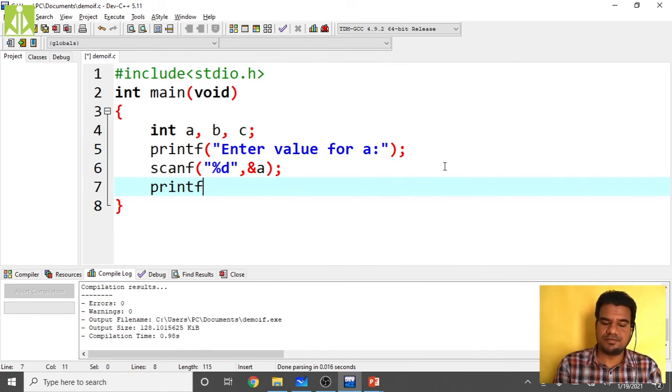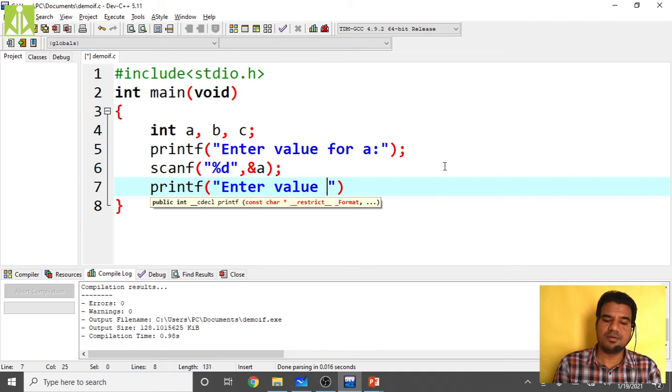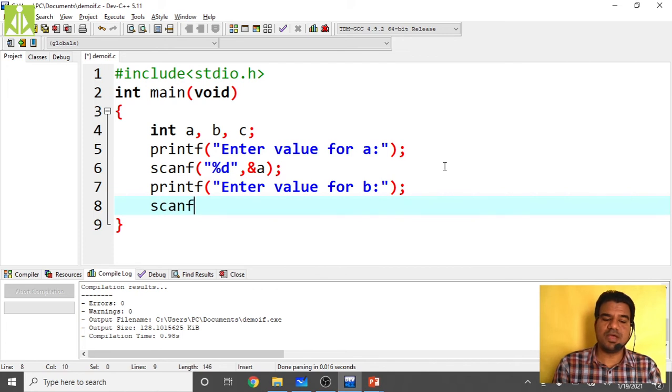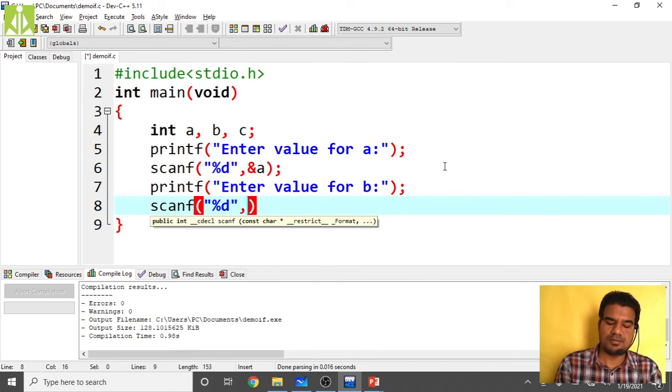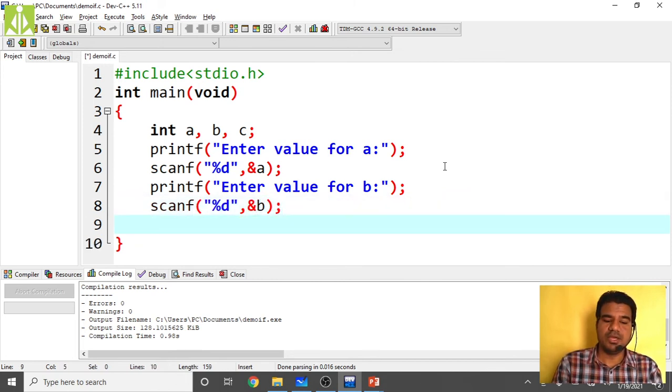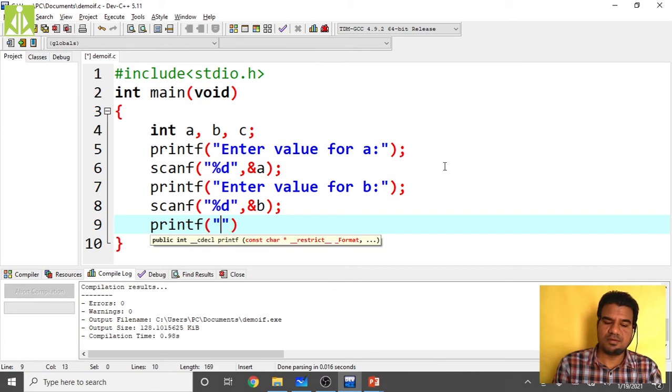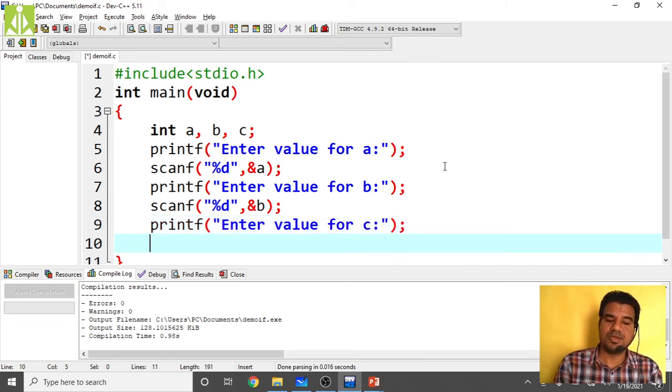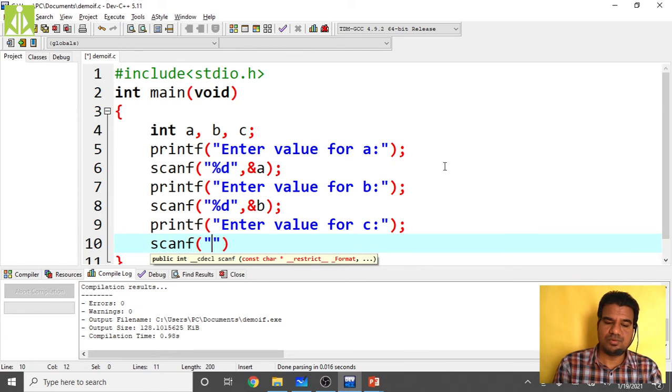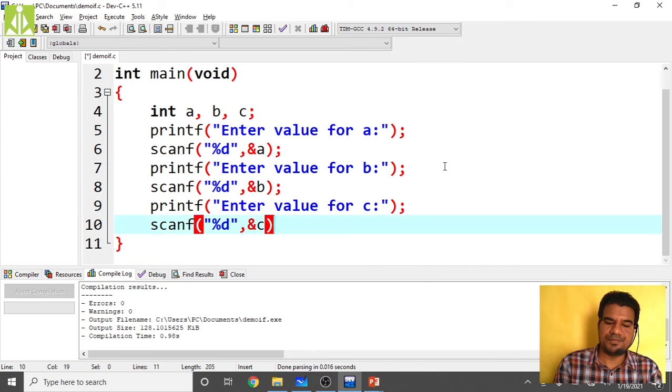Then printf, enter value for b, store that value inside b. Then take another printf, enter value for c, store that value using %d, comma, and c inside c.